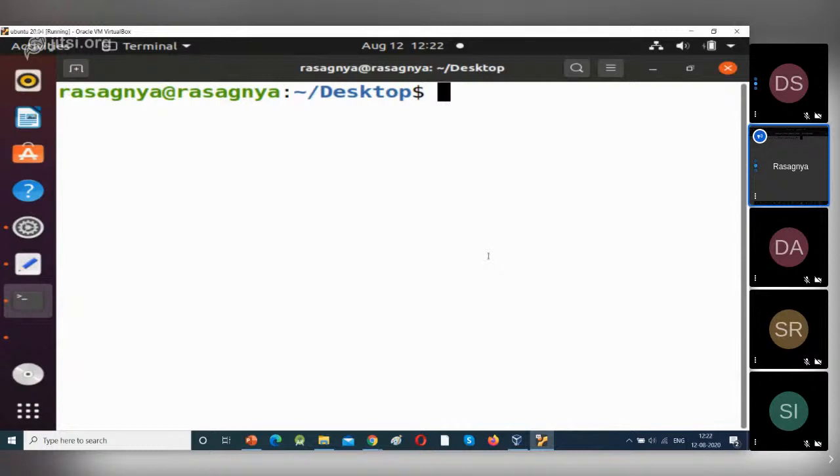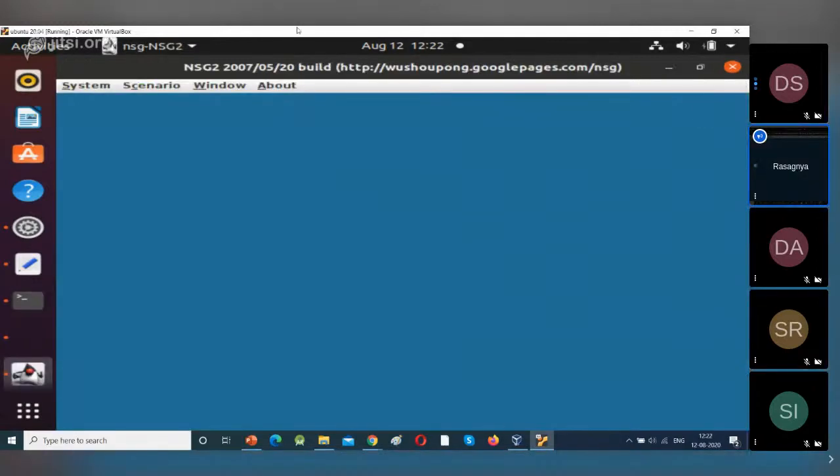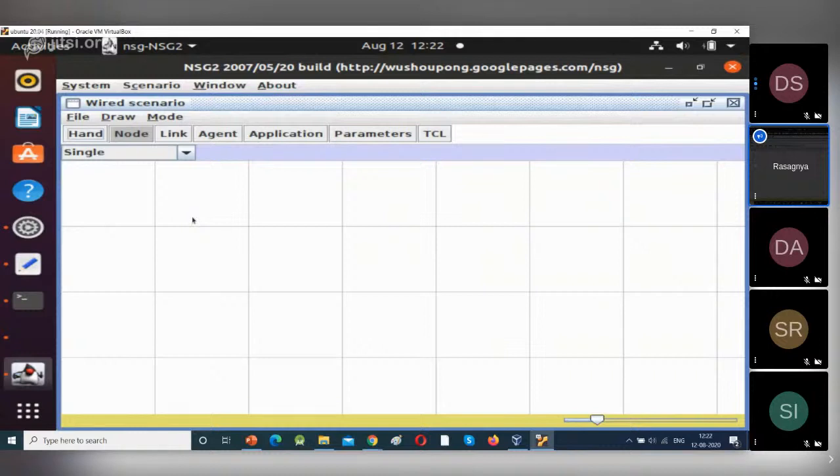So first we will see drop tail. What is drop tail? We will open the generator, we will design the network and we will see how this drop tail will work. So open the generator. Same command, this is the command to open the generator. Now click enter. Select scenario, new white scenario. So now create the network. To observe the queue management schemes working, we will use dumbbell shape, or we can also call it a bottleneck network. So we are going to design that bottleneck network, or we can call it dumbbell topology.